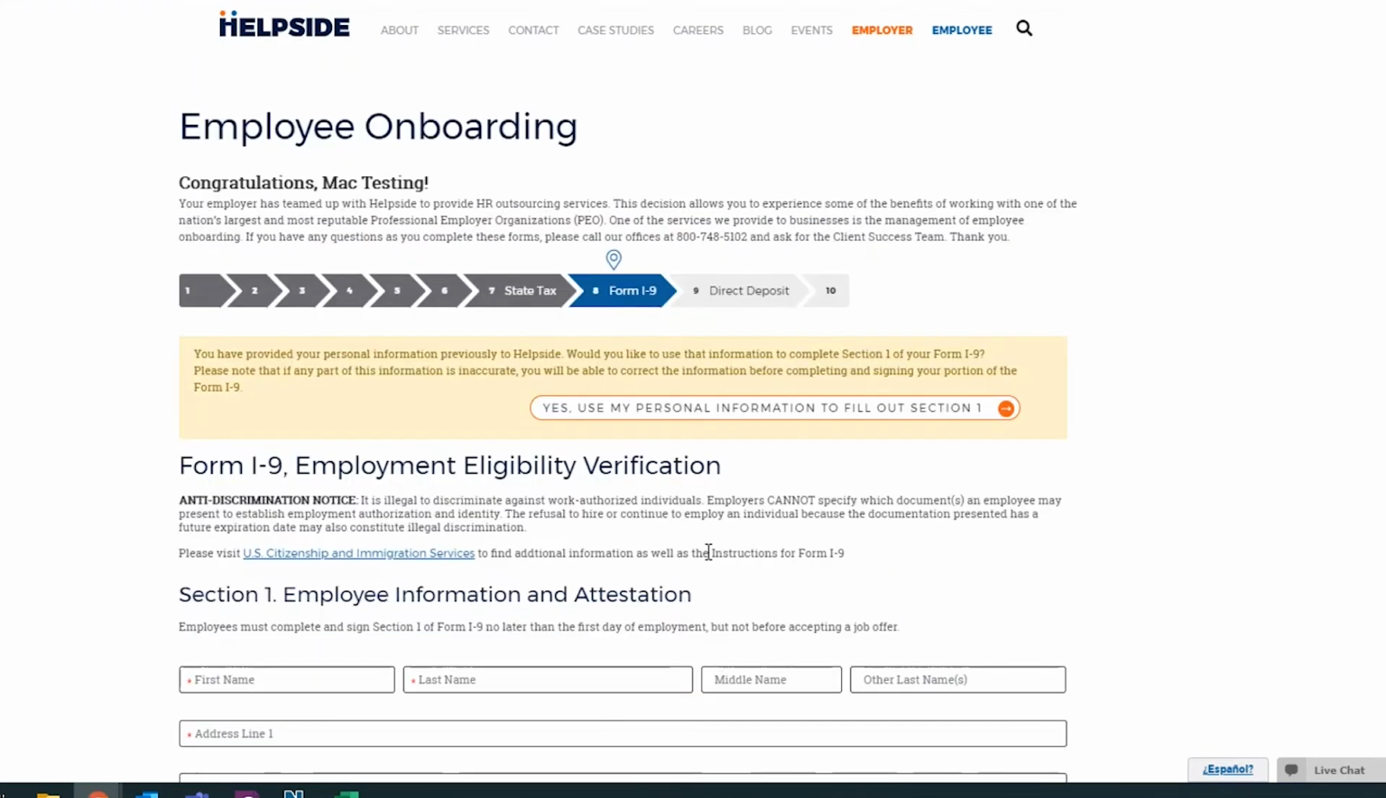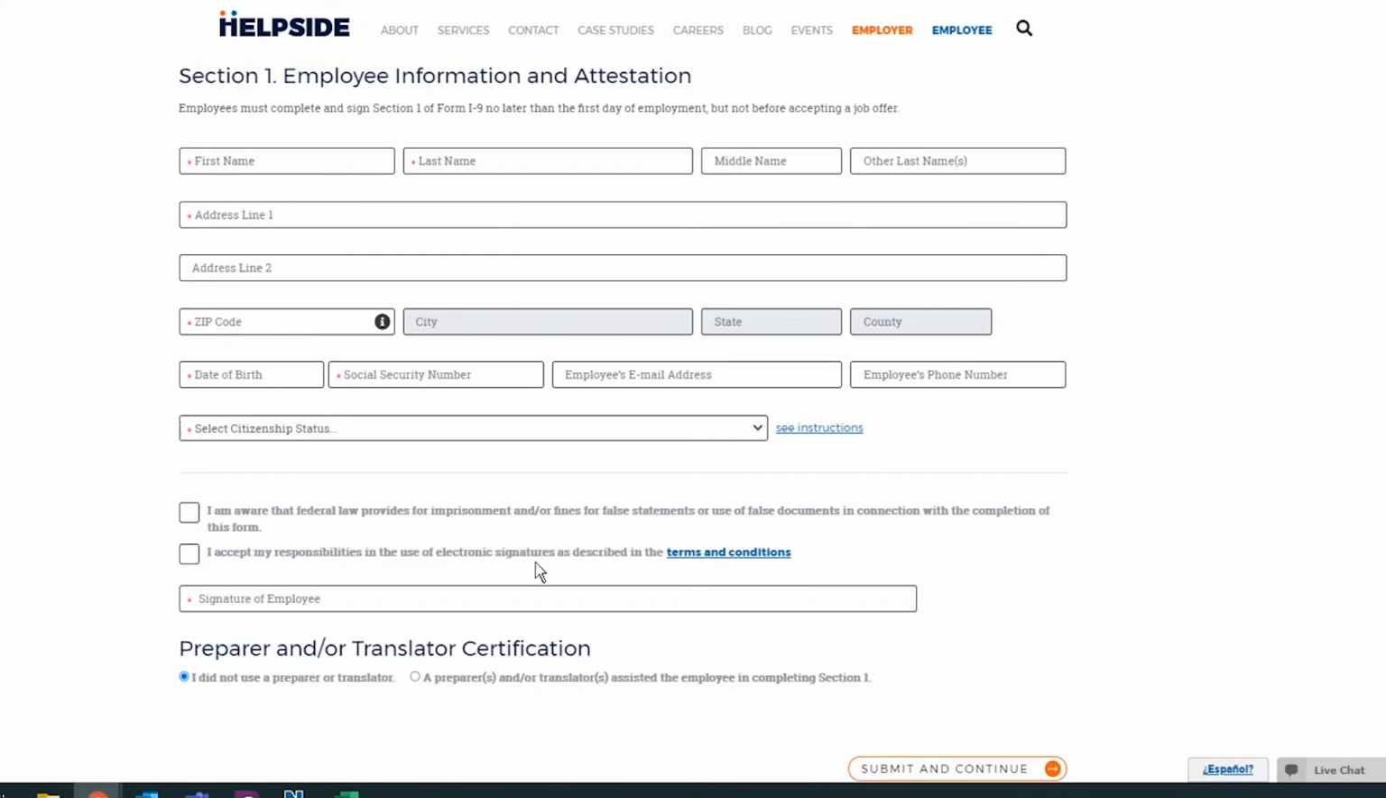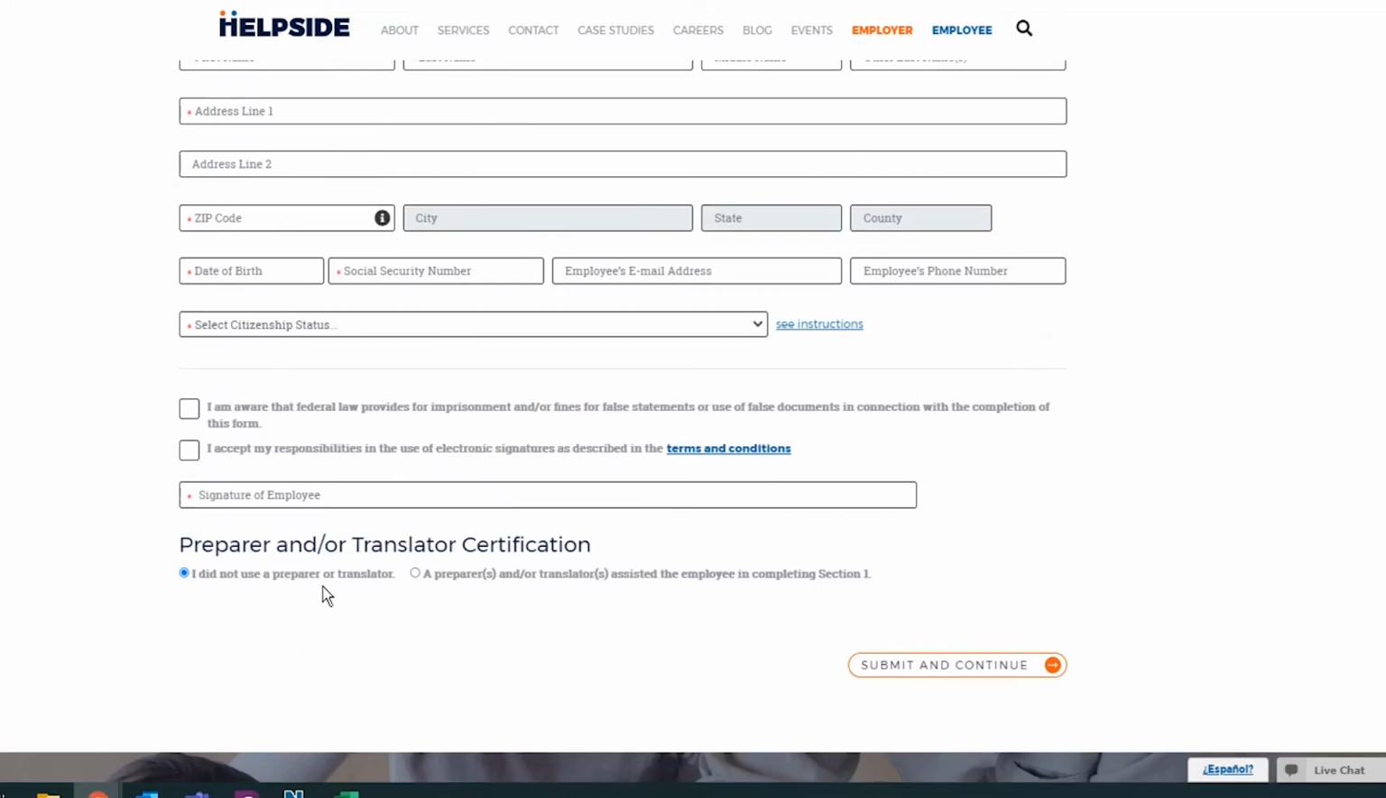Okay, now this is the I-9 form. This is where the employee will be able to fill out their personal information. They can click up here, noting that their personal information has been previously provided to Helpside. If they just click on this button, it will autofill for them, and then they can move forward down to selecting these buttons here and selecting whether they used a preparer or translator or not, and then click Save and